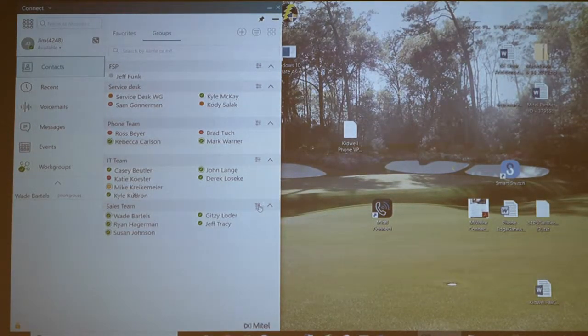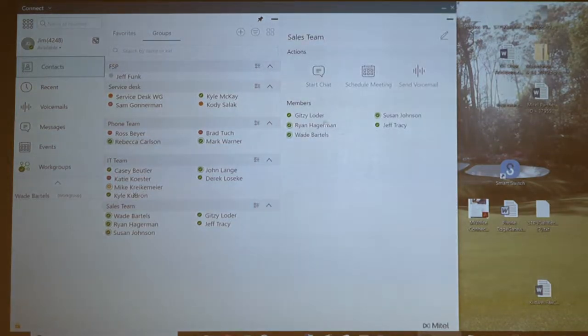If I click on this little guy right here, this shows me my group members. I can start a chat with everybody in the group. I can send them all a voicemail all at the same time, or I can schedule a meeting and have it sent to this group. So when you have them in groups like that, it allows you to do some